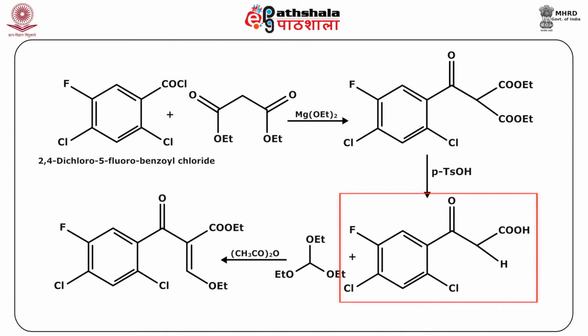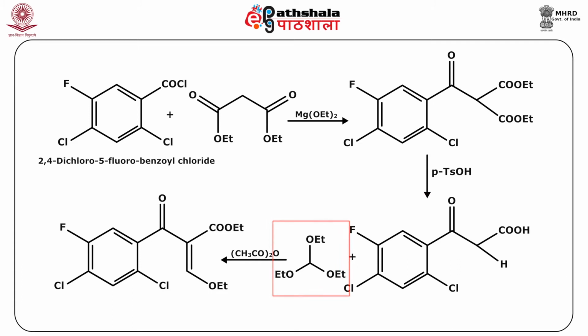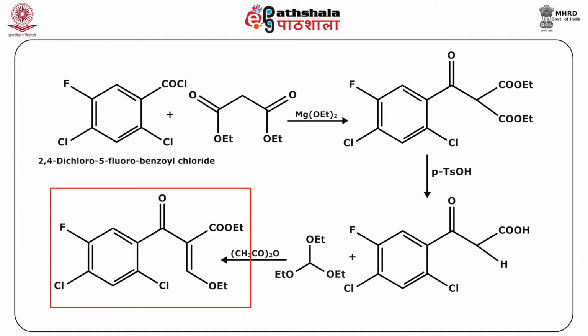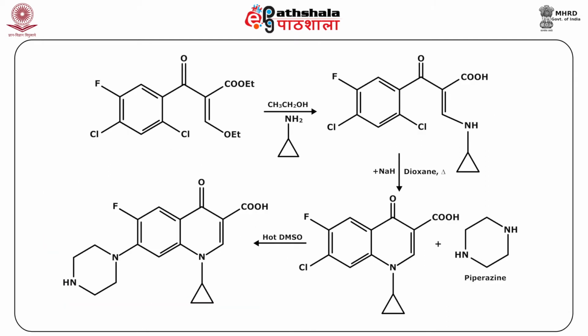Ethyl 2,4-dichloro-5-fluorobenzoyl acetate then condenses with triethyl orthoformate in refluxing acetic anhydride to form ethyl 2,4-dichloro-5-fluorobenzoyl 3-ethoxyacrylate. In step 4, the given acrylate so formed on reaction with